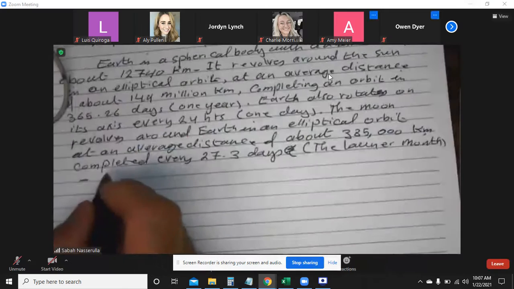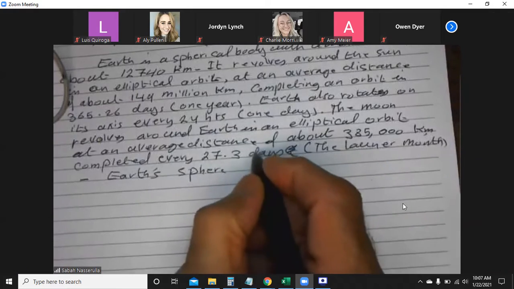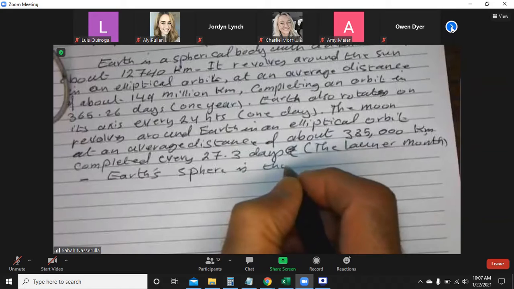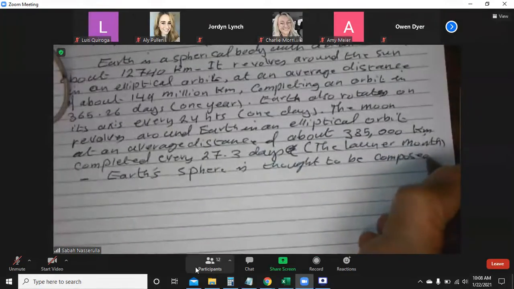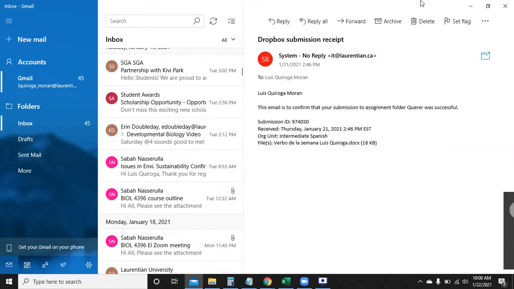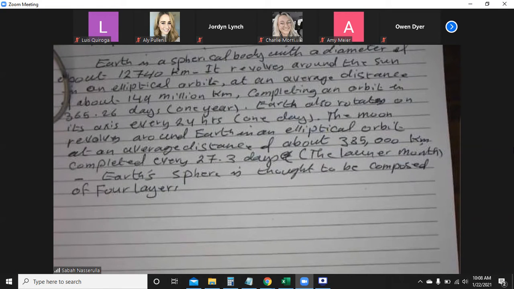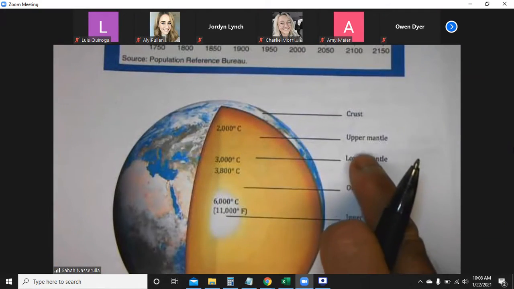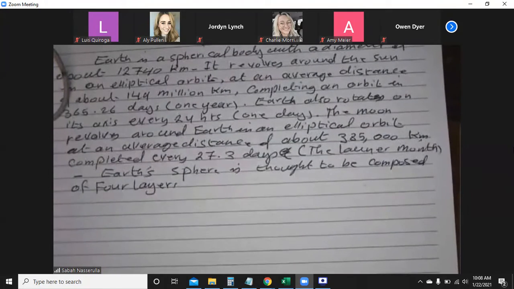Sphere itself. Okay, now Earth's sphere is thought to be composed of 4 layers. Okay, let's see it here. And that's basically what we're talking about here, of course, from the core to the mantle and to the crust. These are the ones we are talking about. Okay, now I mentioned to you here that it's thought composed of 4 layers, which is basically the core,